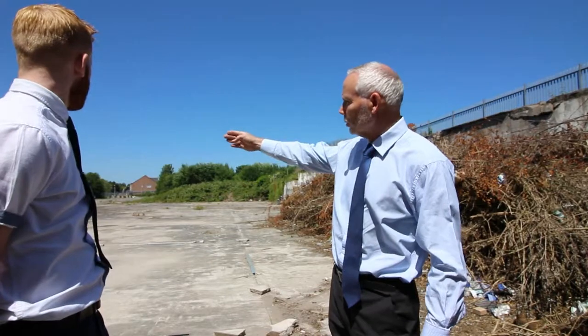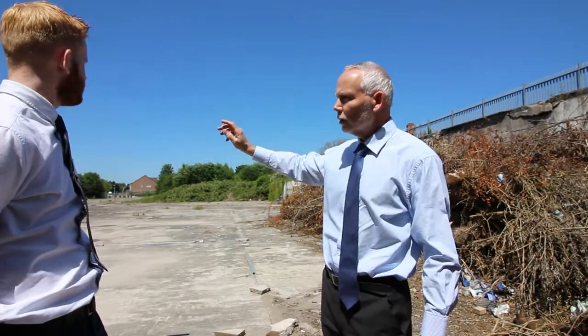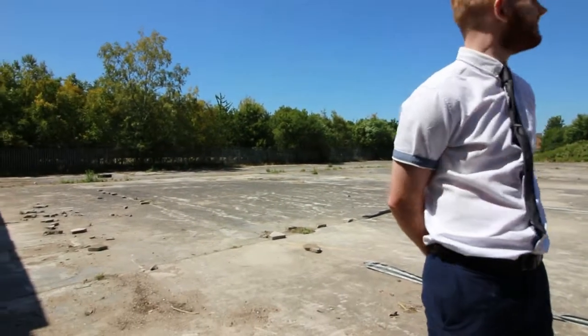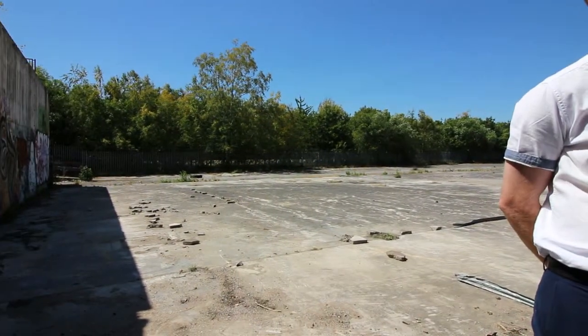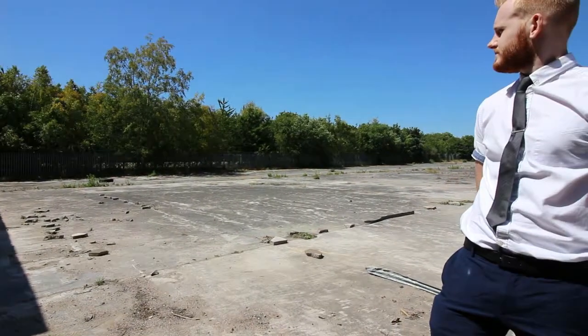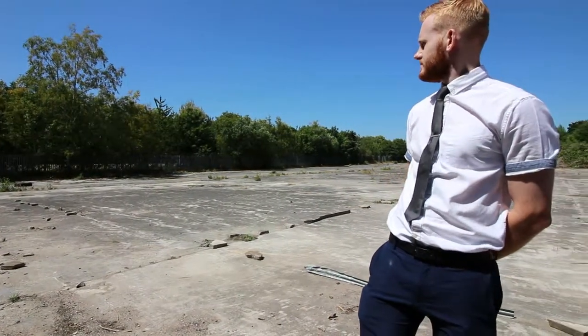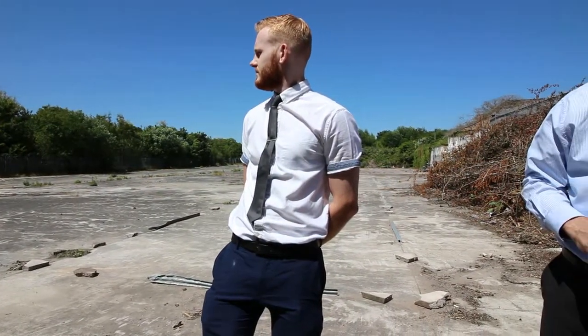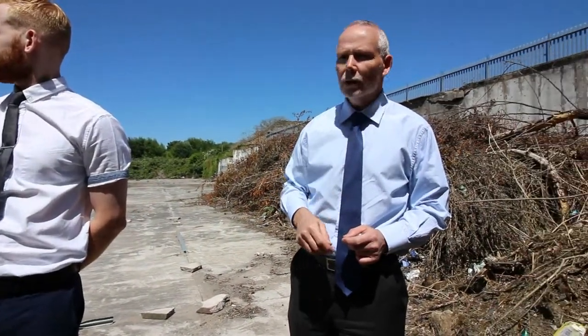What we'll also see here, there will be gateways into the site, and the iron railings we can see will be taken down. A proper fence will be put in situ with automated gates, so you can come in and out through that access. Via the park, there is a 5-minute walkway through the park that takes you to North Staffordshire Teaching Hospital, so that is affiliated to Keele University, and that is where the student nurses, student doctors will be working in